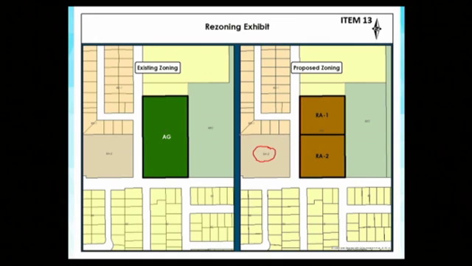So Nick's question is, they wouldn't flip-flop it. They wouldn't put the RA1 up front and the RA2 to the back. So the RA2 is typically more on the corner, and then you go internal to the neighborhood, and then you down zone it as you go in. That's the same thing they did. They went RA2. They didn't request at that point to go RA1. They went straight from RA2 to RD1. Here they're just going RA2 to RA1 to the school district. So that's how they transitioned here.